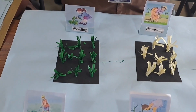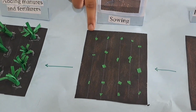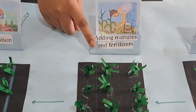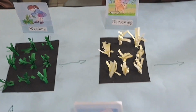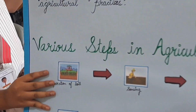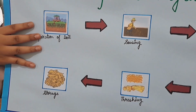One more model explaining all the step-by-step process of farming. Preparation of soil, adding manure and fertilizer, sowing, adding manure and fertilizer, irrigation, weeding, harvesting, and the last product. Also explaining different techniques of the agricultural practices that farmers undertake during cultivation of crops is referred as